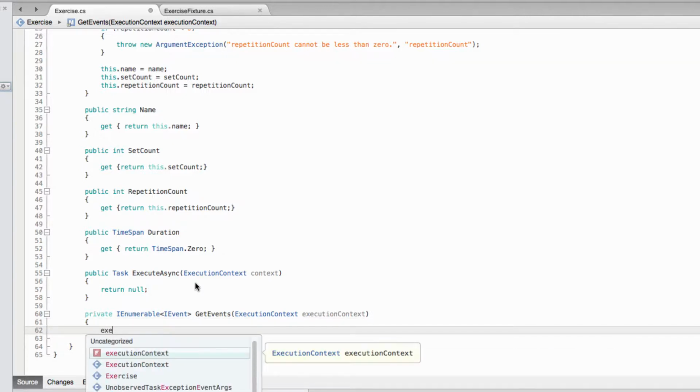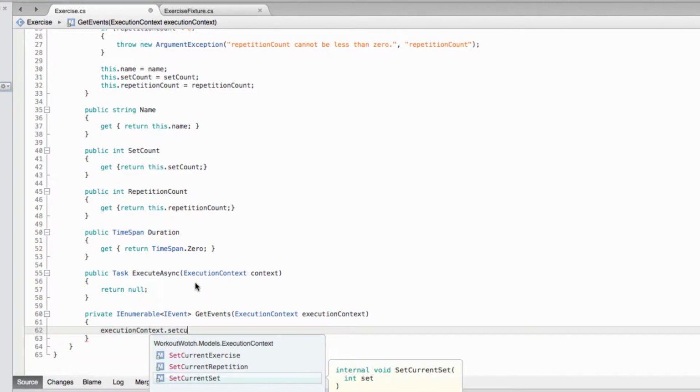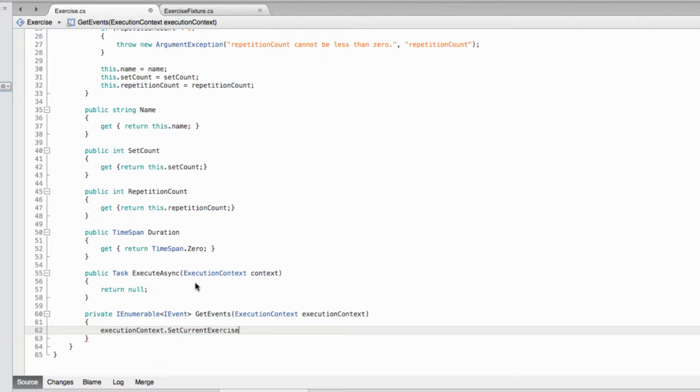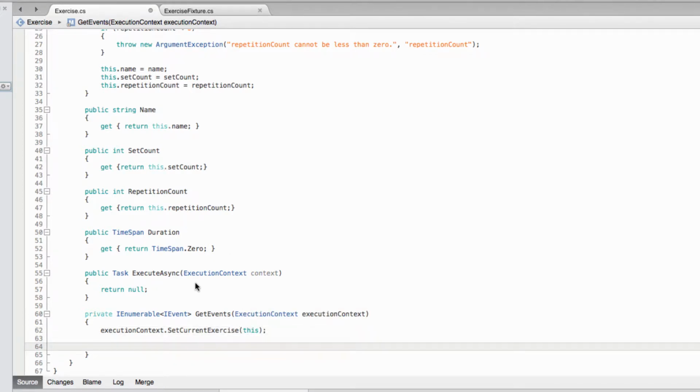So for example, when we're first starting here, we need to set the current exercise to this. And then we can return our first event, which would be